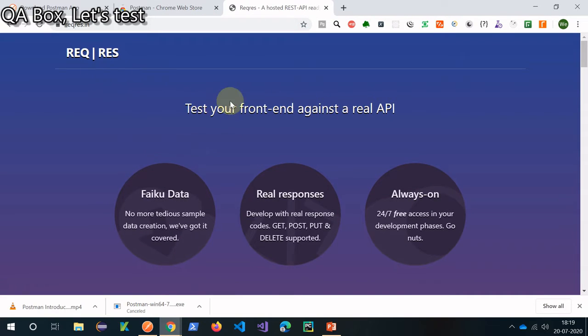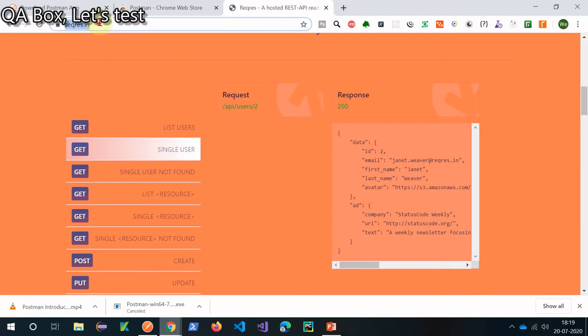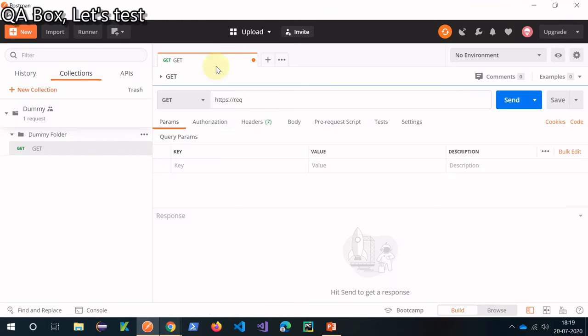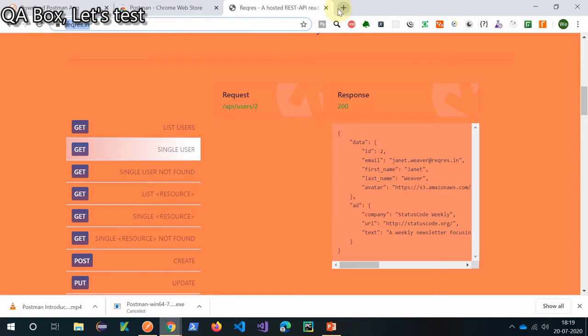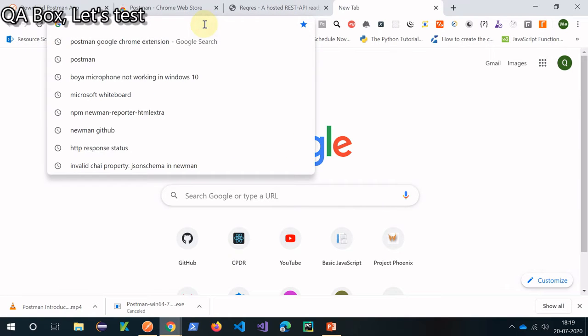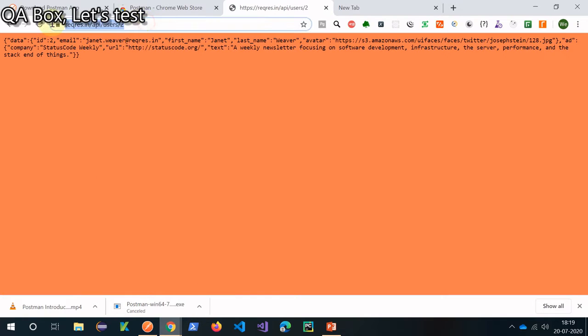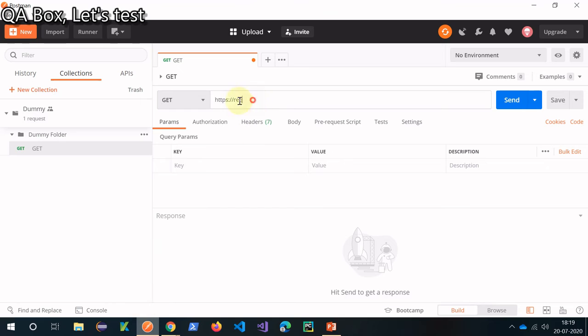It provides you some fake APIs, good for learning purposes. So let me pick the URL. These are public APIs. You click on that and you click this part. Okay, so this is your request. I'm going to copy that and put it into my request section.